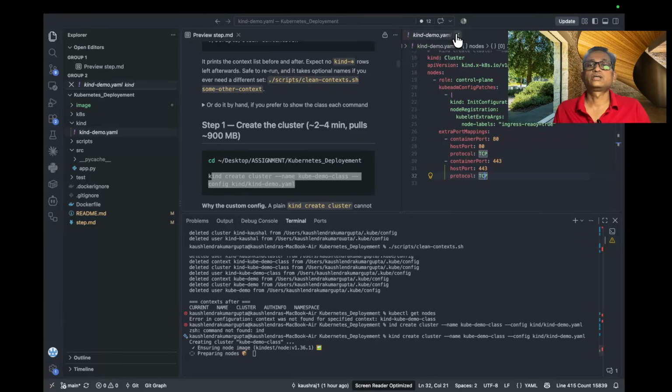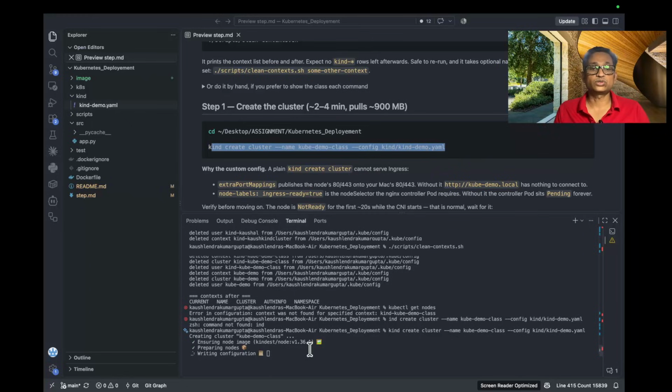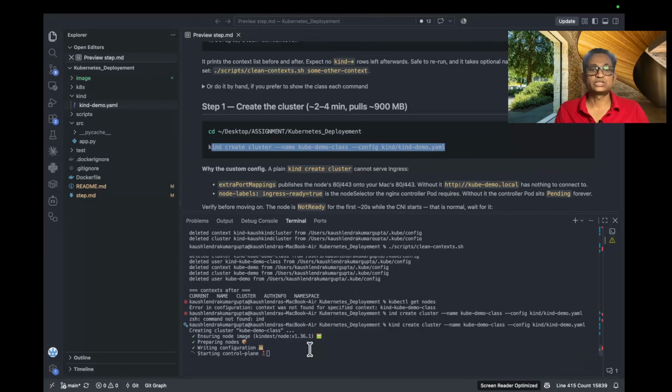So it will create the demo. How is it created? It is creating the cluster, ensuring the node image. So it will download this kind image. As I already told you, kind is a software. It is downloading that kind inside our Docker, and it will create the node, write the configuration, and start the control plane. You can see here